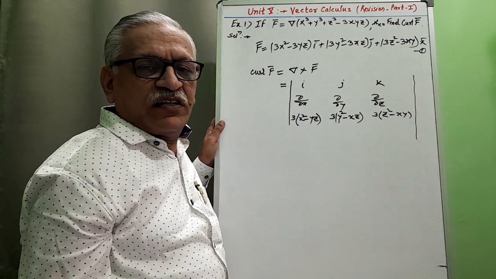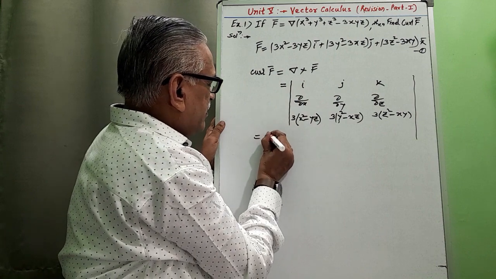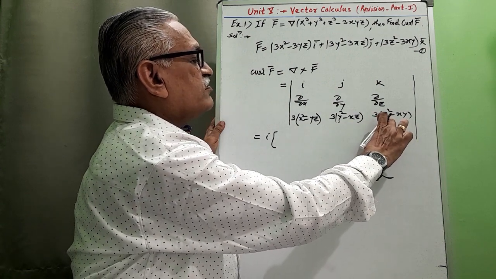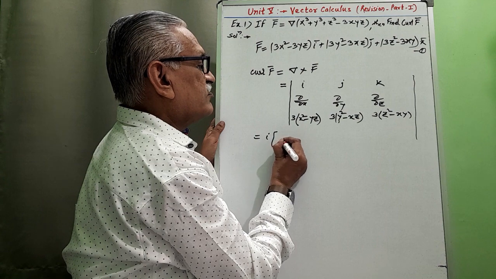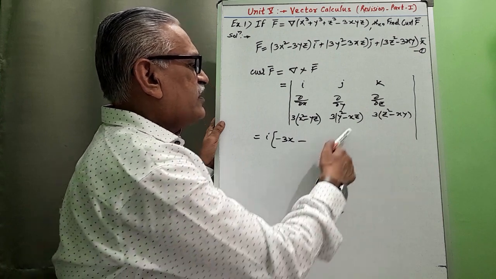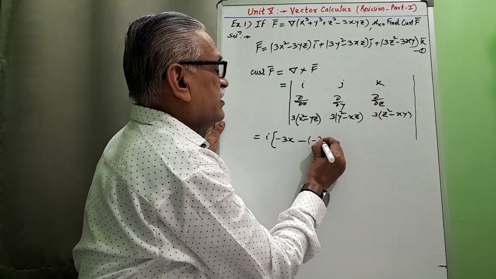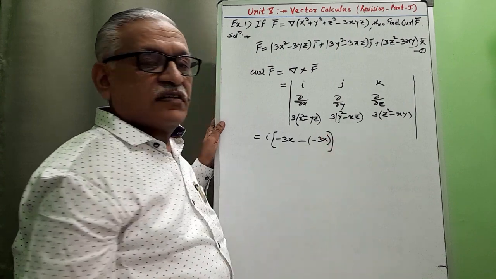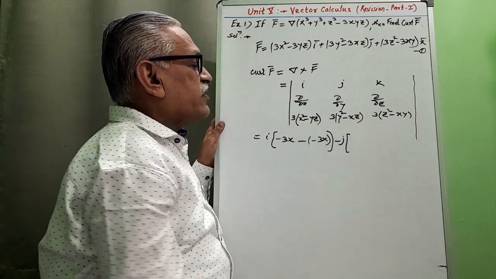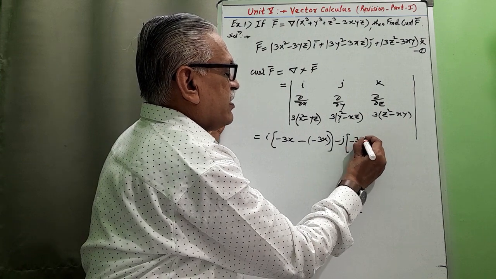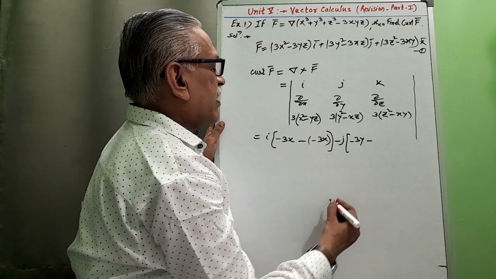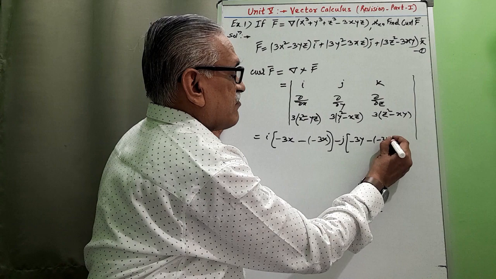and then evaluating the determinant as usual, it is i into differentiating this with respect to y, its derivative is minus 3x, minus differentiating this term with respect to z, its derivative is minus 3x, then minus j times differentiating this term with respect to x, its derivative is minus 3y, and minus differentiating this with respect to z, the differentiation is minus 3y